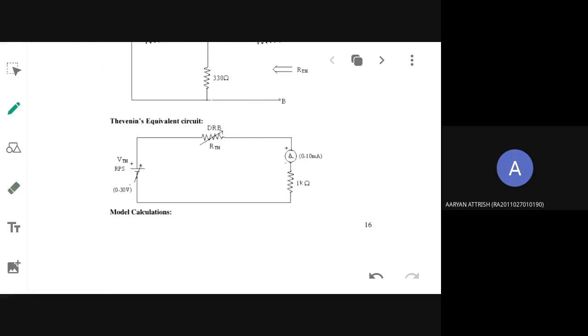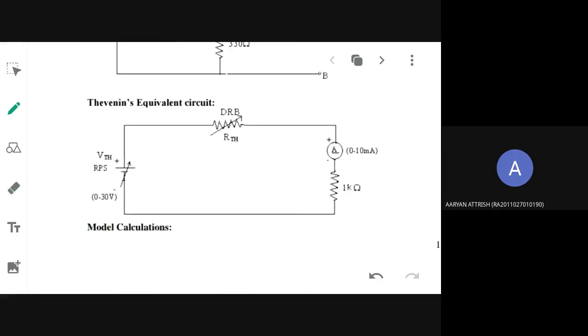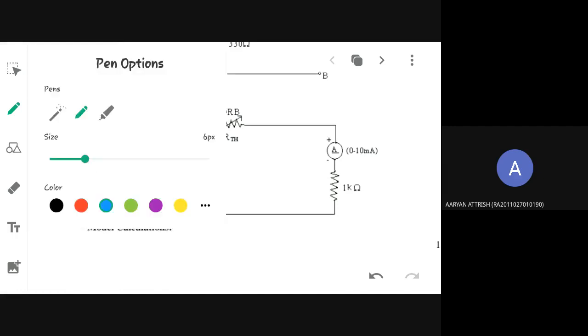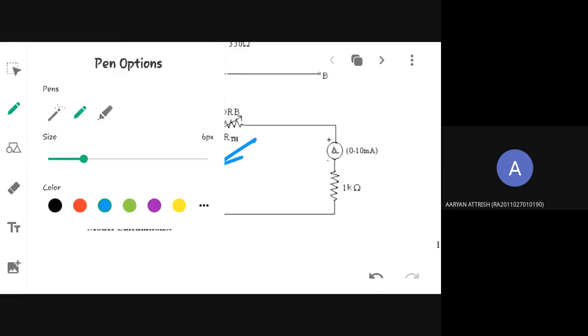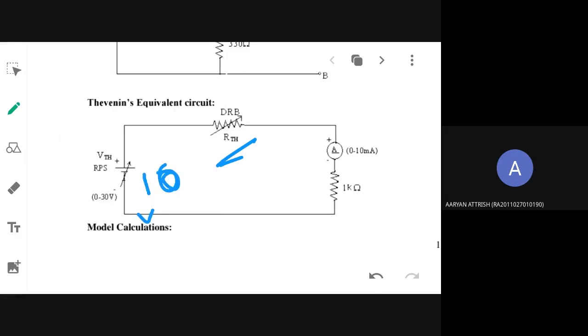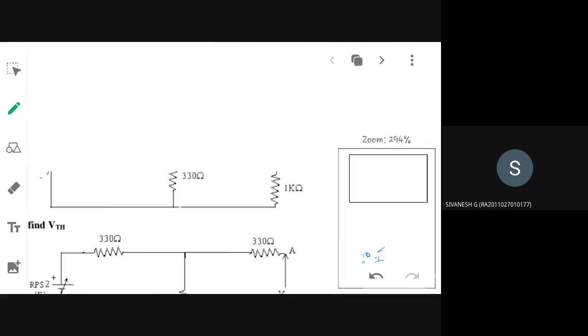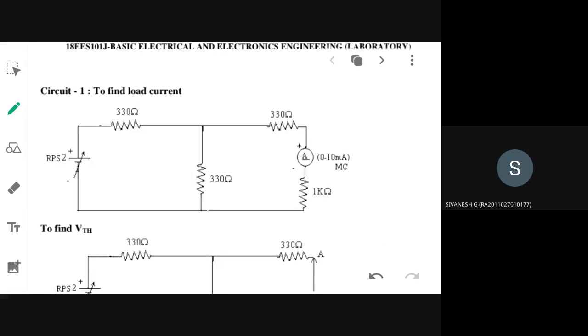Now whatever value you have got, here you have got 10 volt. That is your VThevenin value. Here RThevenin just now we have calculated, that you have to substitute. Next thing is you need to find out IL current, and in order to calculate IL, what is the formula? VOC divided by RThevenin plus RL. That answer should match the first circuit that you have simulated. Whatever answer you got, that answer should match with that IL.